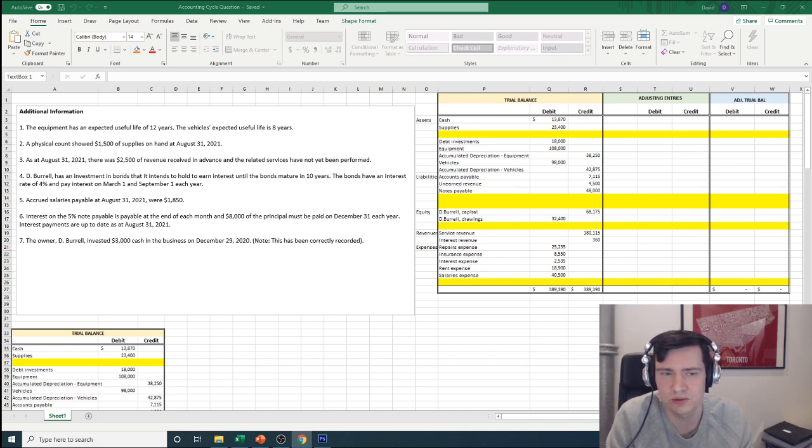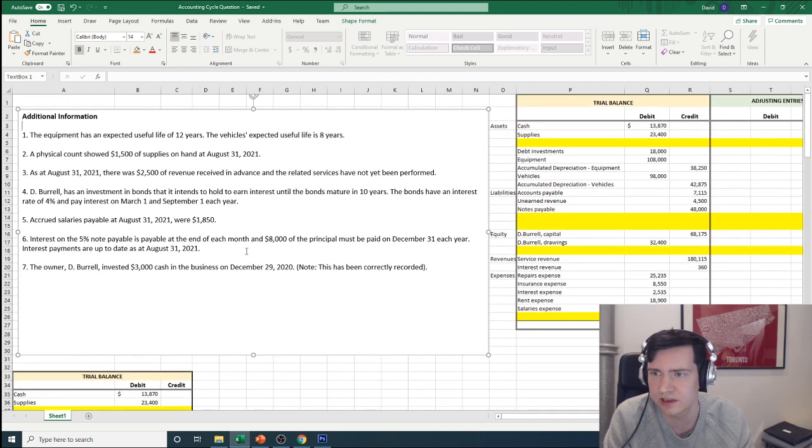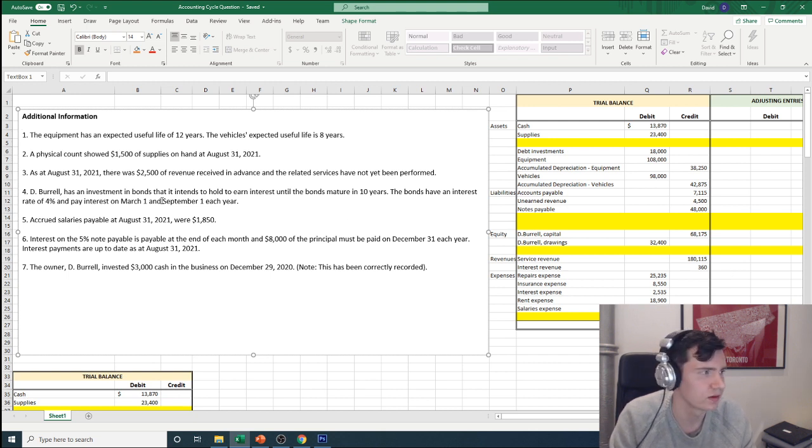Is everyone cool with doing this little example? Okay, so let's go through this example. Are you able to see everything fairly easily? I don't want it to be too zoomed out. Okay, so let's run through this.